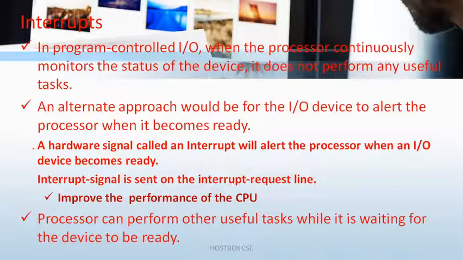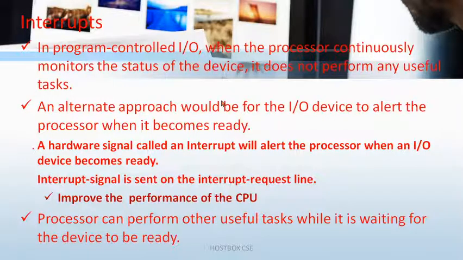Generally, what are interrupts? Interrupts are a mechanism by which a module like IO or memory may interrupt the normal process of the CPU. Interrupt means, in a sense, stopping the process. Remember.